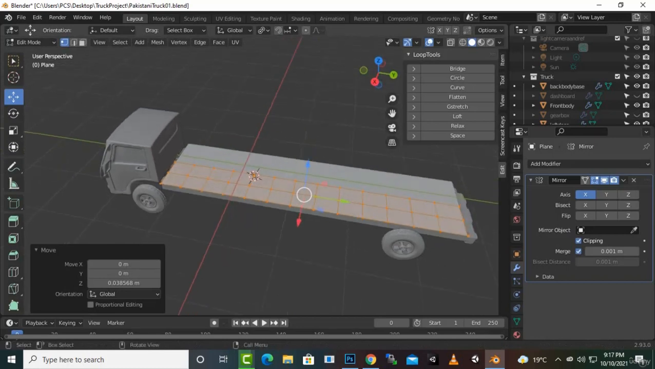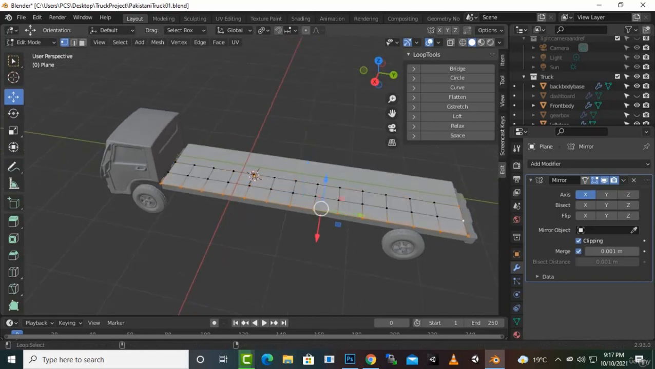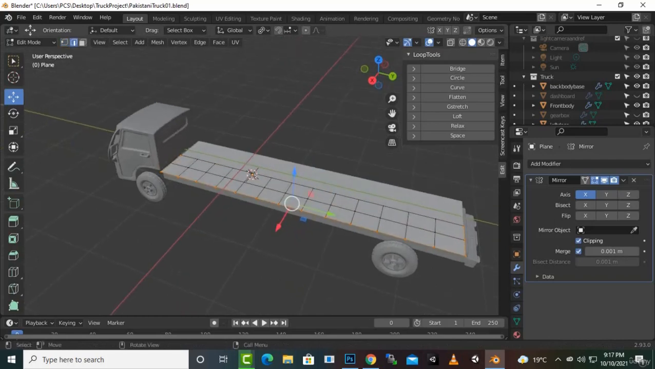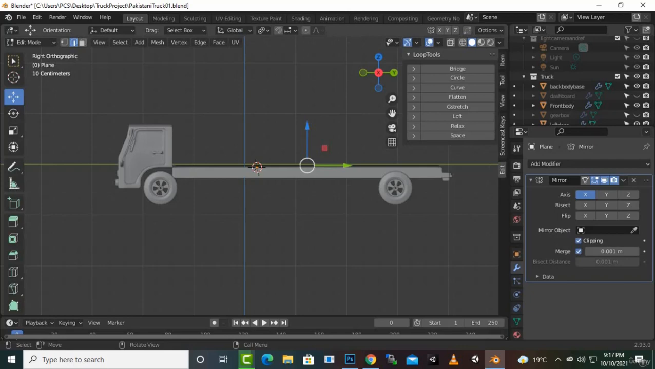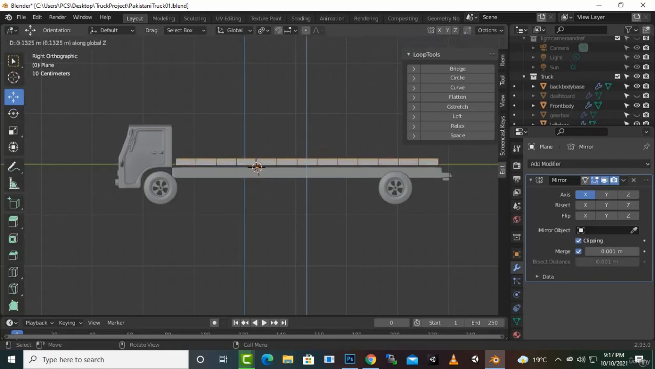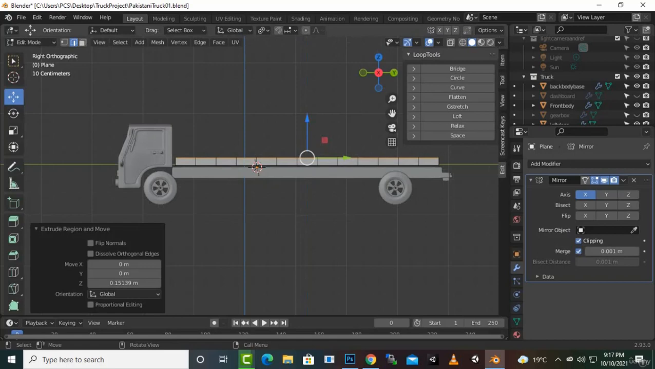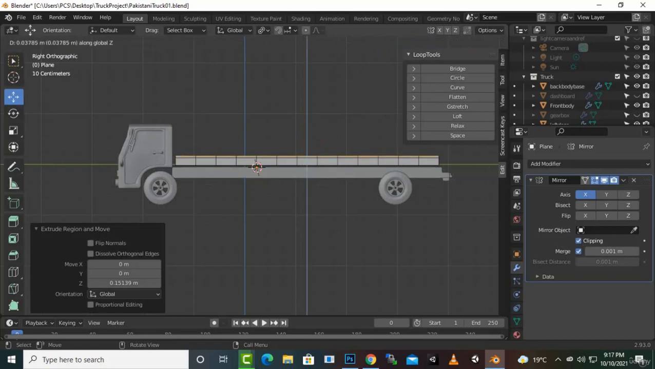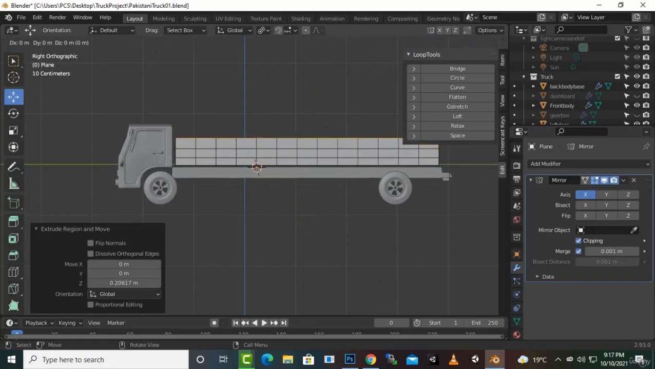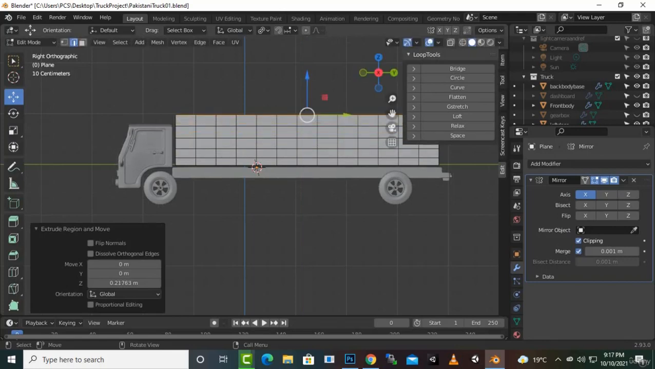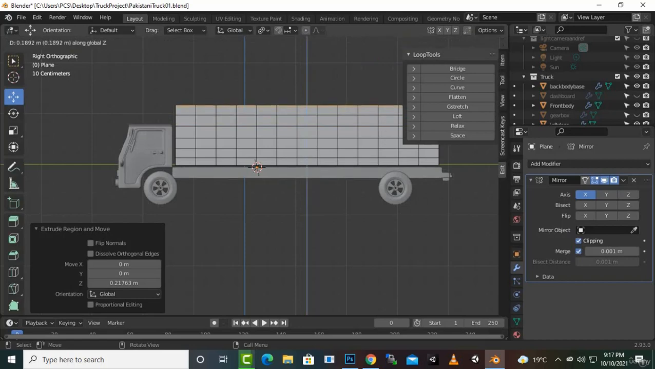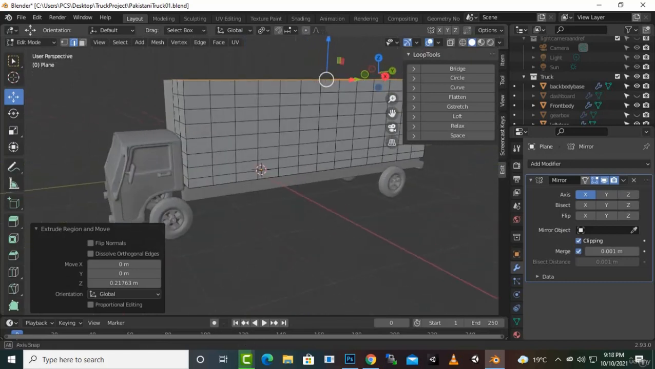Now we can select this section and this section and this section as well, and we can extrude it. So we can go to 3 for side view. We can extrude it on the Z axis, a small extrusion, E Z, E Z again, E Z again, E Z again, E Z again, E Z again. I think this much is good. Okay,